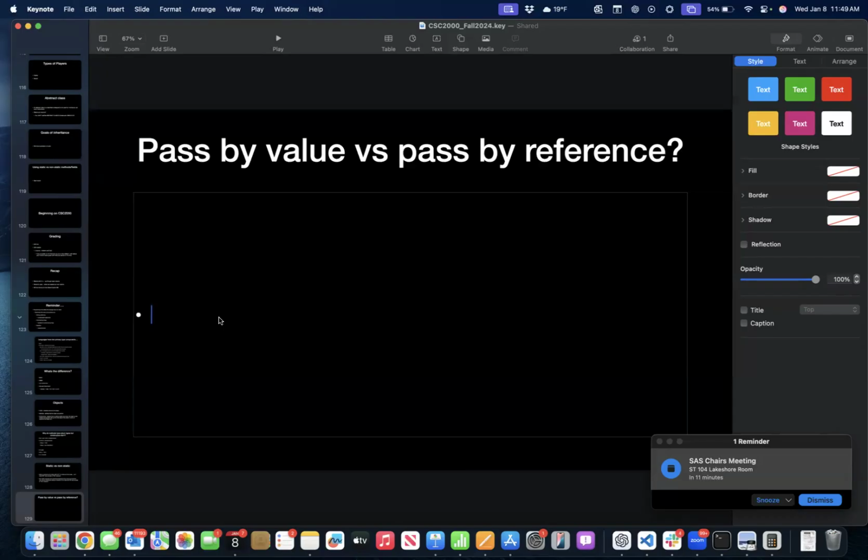Make sense? All right, so it's kind of like me giving you the address of my house and you going and spray painting my garage. When I get home, I'm going to be in for a surprise. Okay, because you went to the real house and the real garage and you had the real can of spray paint. So when we talk about pass by value and pass by reference,